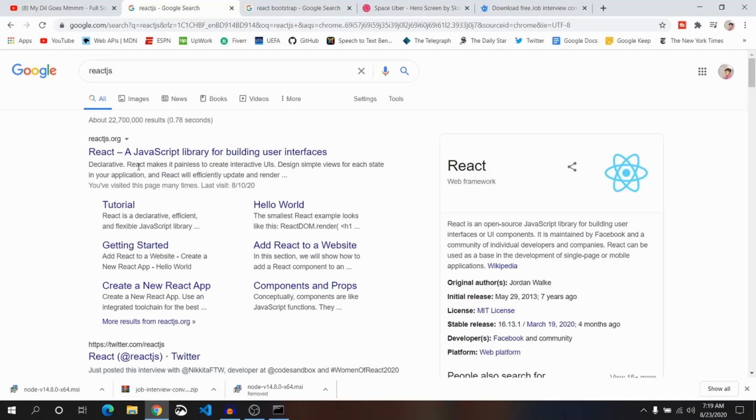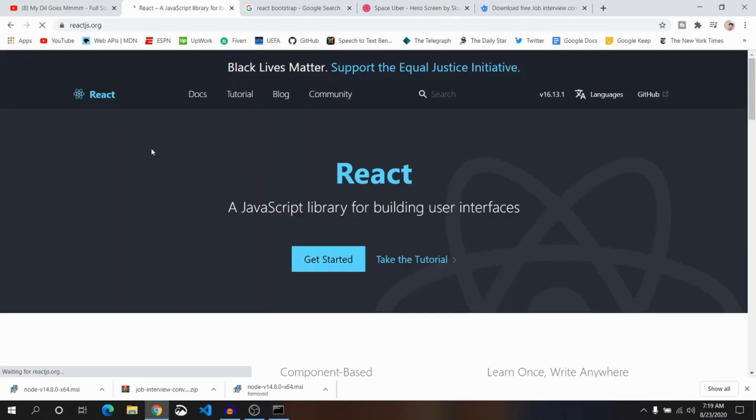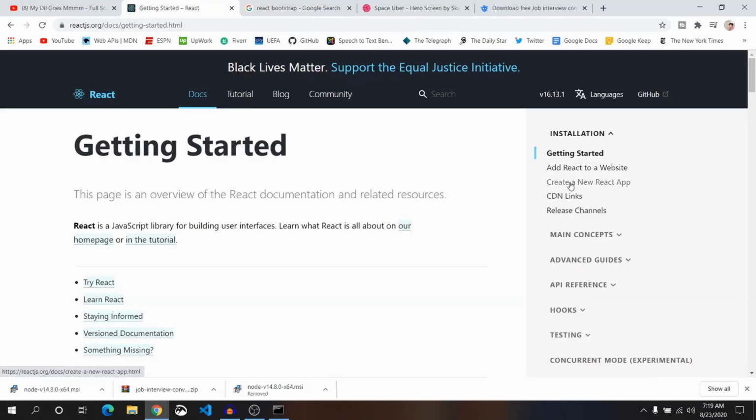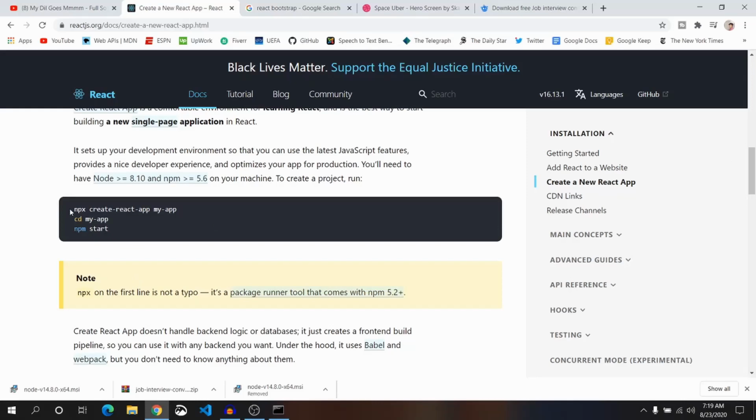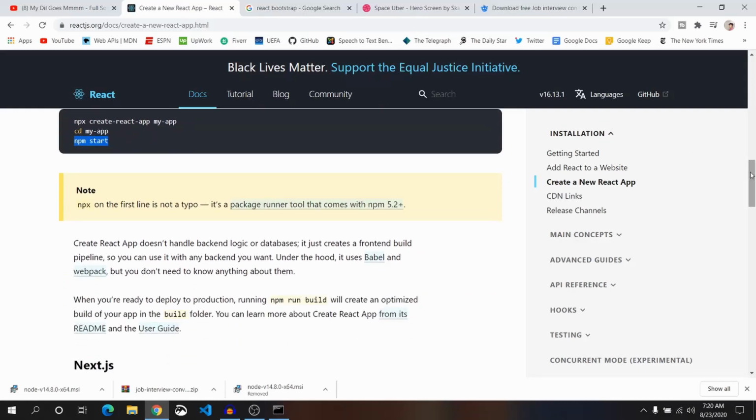In the meantime, let's take a look at reactjs.org. This is the website for React.js. Just click on docs. From here you can see create a new React app. This is the way you can create a new React app, that is what we have done. We have created a new React app. This is the name of our app, we made it react-bootstrap-login. The next thing we are going to do is change directory to the folder that we have made. And the very next thing we are going to do is npm start. Once you do start, it will open in the browser so that we can see.